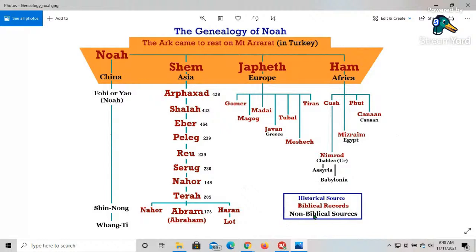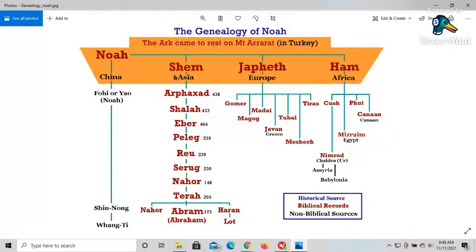You've got the biblical records and non-biblical sources, which would be the Chinese, but it's the same as Noah. So it's the same root, it's just different records. But the more accurate one, of course, is the biblical record that names all the descendants